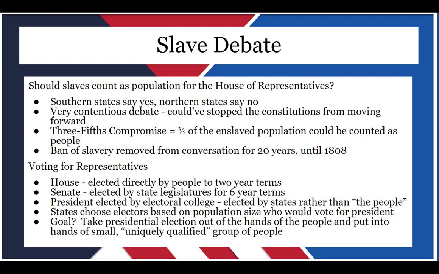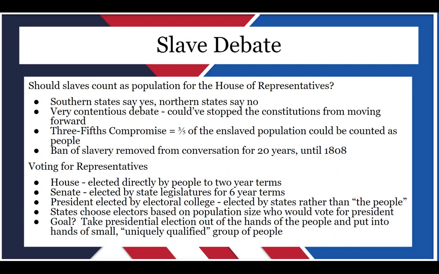Essentially, the number of electors is based on how many people you have. The more people you have in your state, the more electors. And the electors will be the ones who vote for the president. Now, the electors are supposed to do what the people in their state want. So the way this works, and the way it still works today, is we vote in our states, and whoever gets the majority of votes in our state gets all the elector votes, which is a little crazy too, because if it's a really close election, and one candidate gets 51 or 52% of the votes in their state, they then get all of the elector votes.